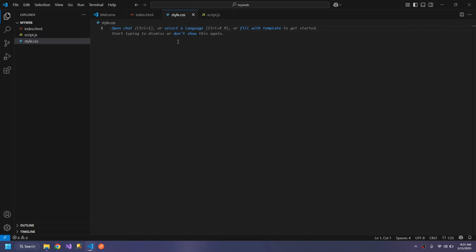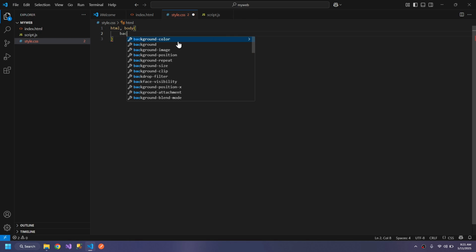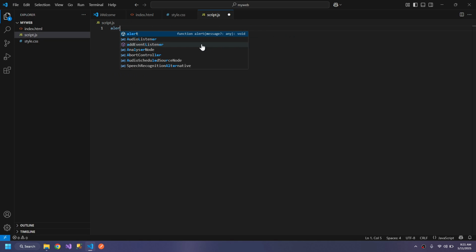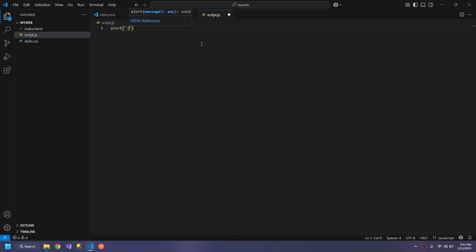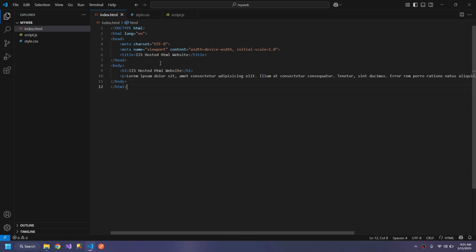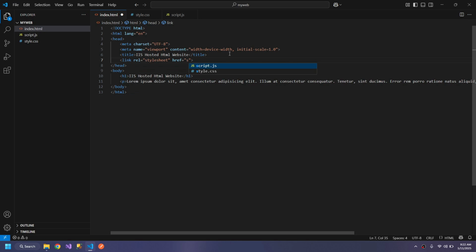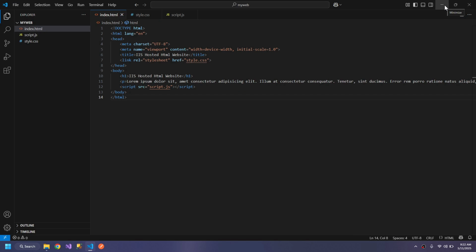In the style, we can say HTML and body should have a background color of light blue. In the script, we will just write alert that JS is working. We have to give the references of these file inside index. So link the CSS file, then when the body finishes, just before that, we will link our script as script.js. So the work here is complete